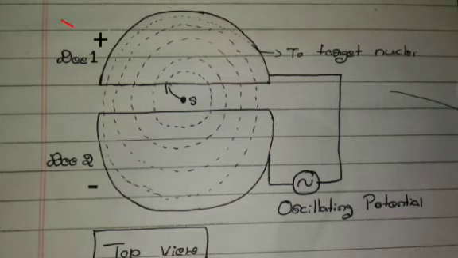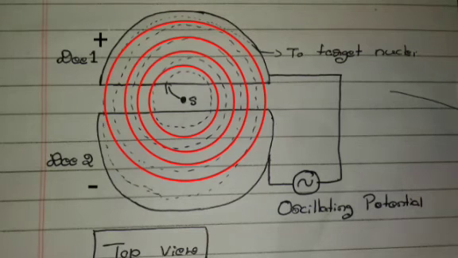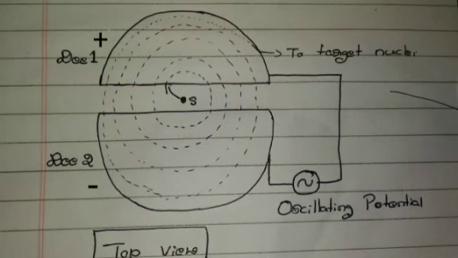Again the polarity of the D's will change. Now D1 will get positive polarity and D2 will get negative polarity. Again the direction of the electric field changes, so the particle accelerates and its velocity goes on increasing. Here the radius also goes on increasing. So the velocity of the charged particle increases, along with the radius.